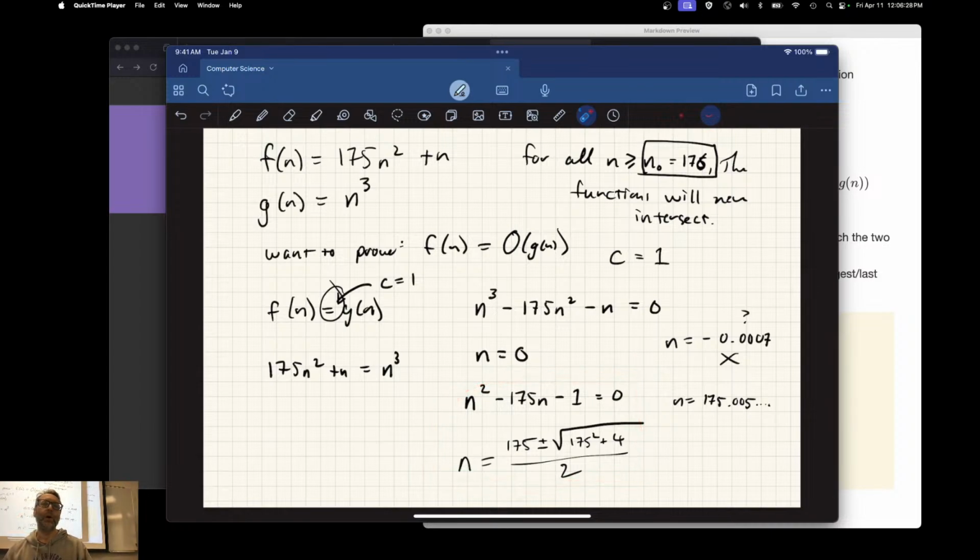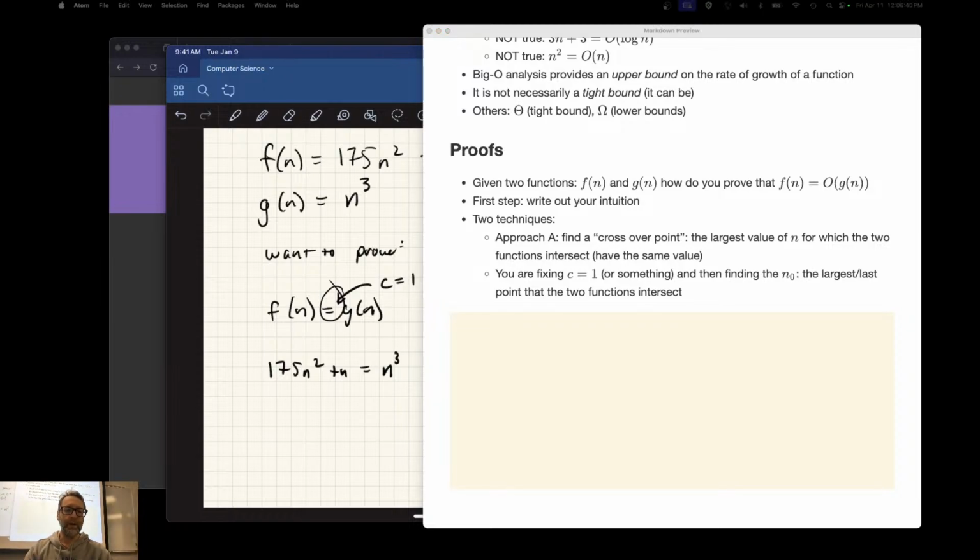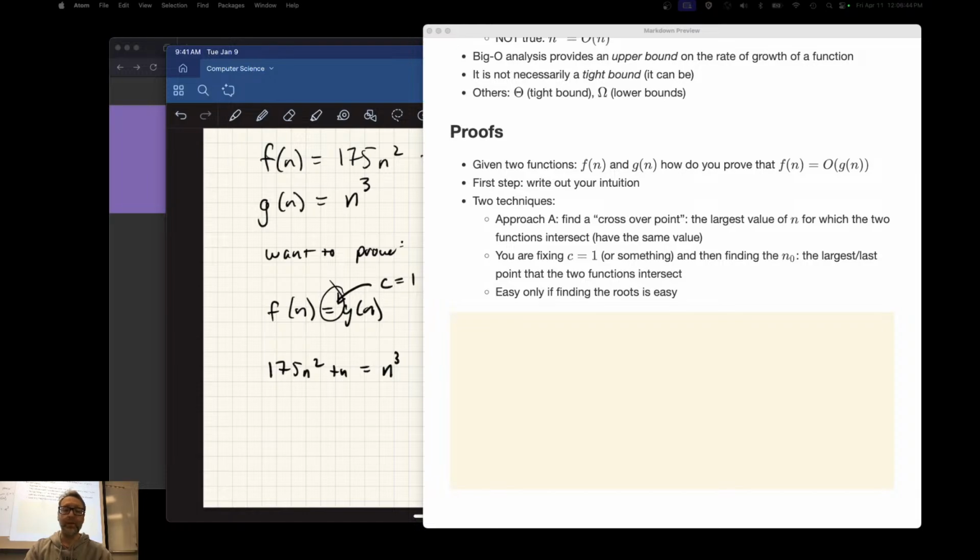If I gave you a polynomial of degree 50, are you going to want to find all 50 roots? Right? Not even using a tool. Screw that. Instead, what we're going to do is look at technique B. Again, this is only easy if finding the roots is easy. Technique B,